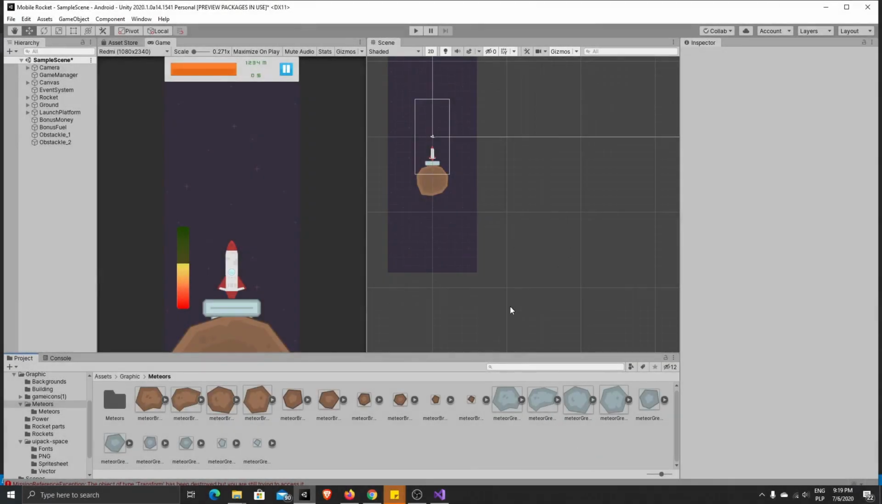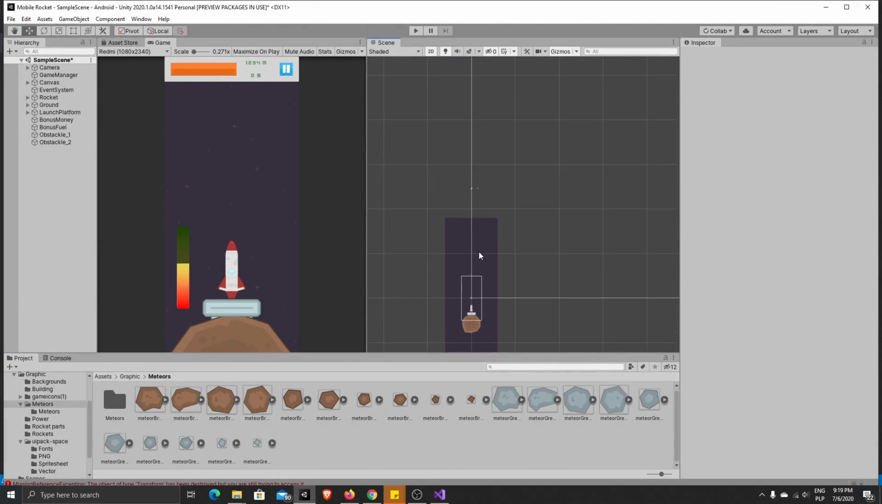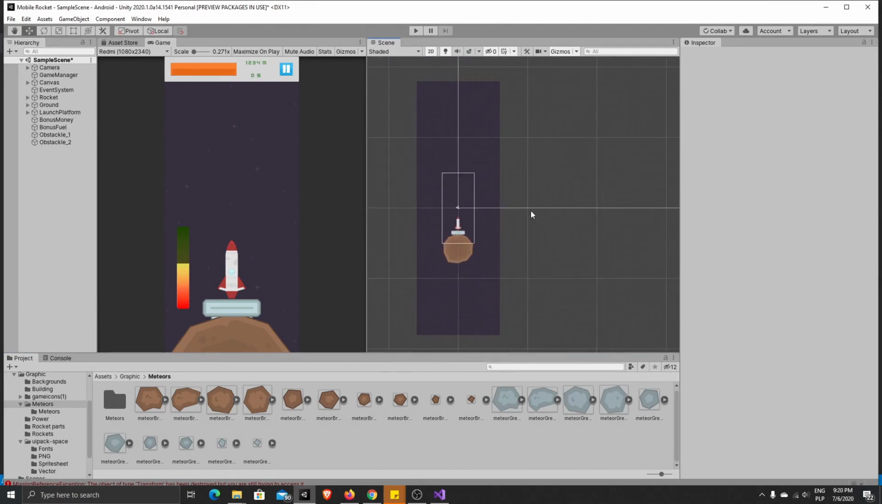Hello, on today's video I will show you how to create collectible objects like money and bonus fuel, and obstacles like rocks that you can hit and the game will be over. So just to present you how it works,